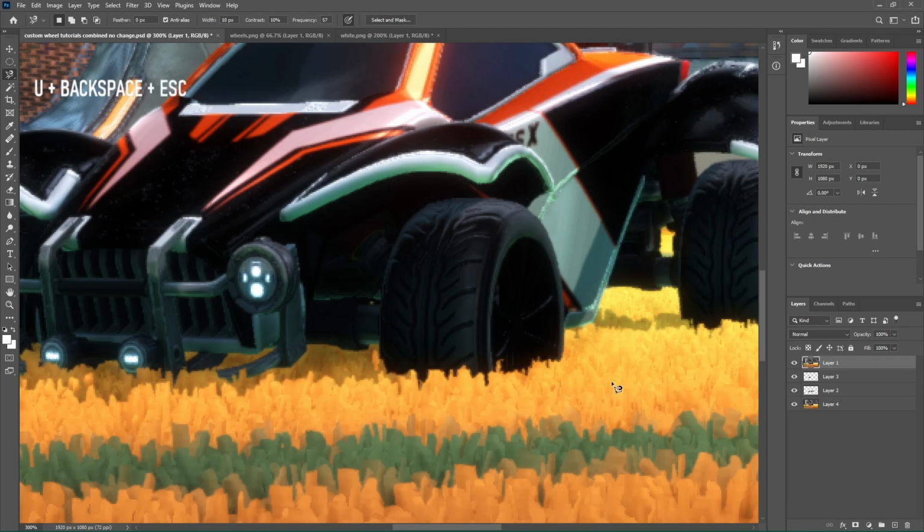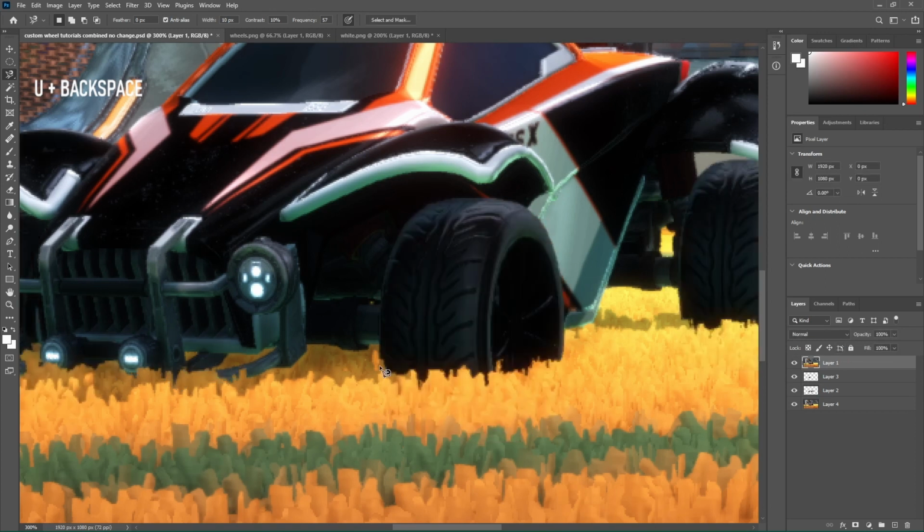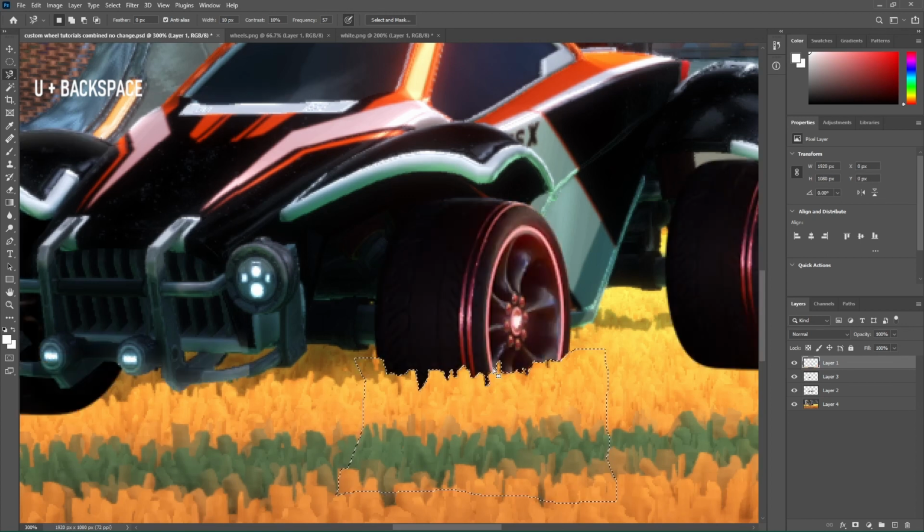But you need to select a bit extra because the wheel over here, we need to cut this wheel out. So just select a bit of extra, just give it a bit of slack on all sides. Okay, so now I've selected this grass out. So you're going to do Control Shift I and delete it. So now as you can see, the grass kind of covers it a bit,